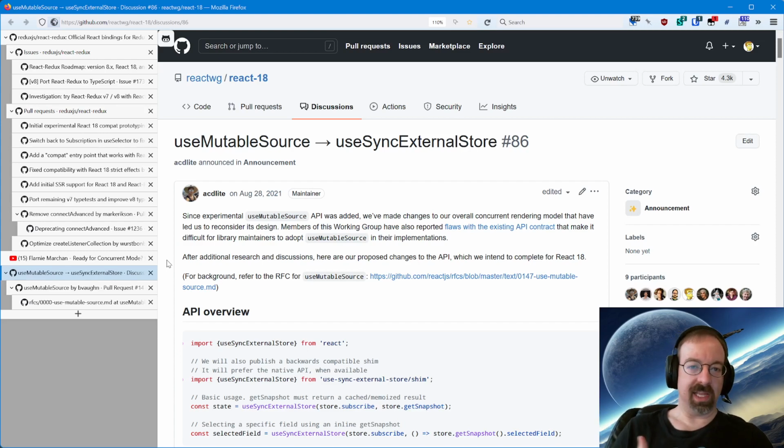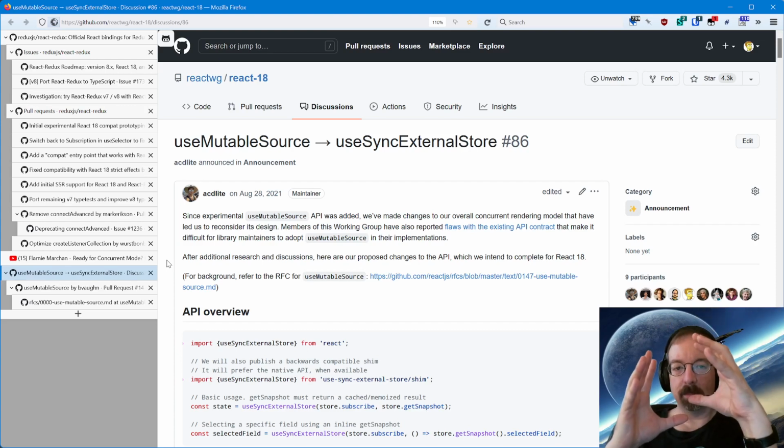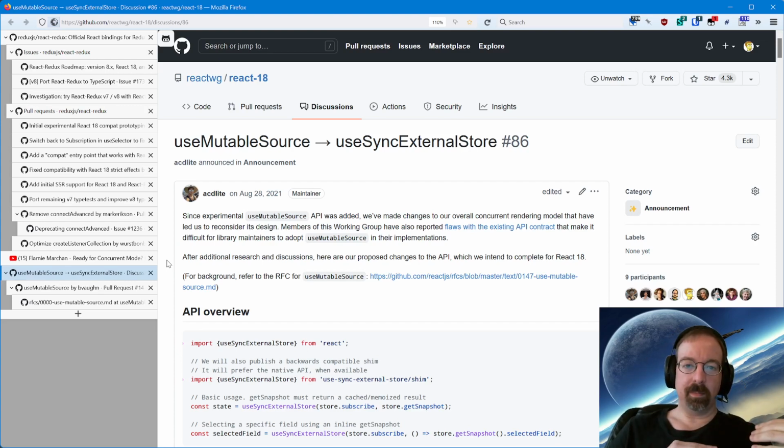A higher priority event comes in, like the user starting to type into a text box. And now React has to set aside the work in progress render, complete the much higher priority render pass, finish that, update the page, and then go back to what it was working on and kind of like do a git rebase, put that on top of the changes that it made from the input work,